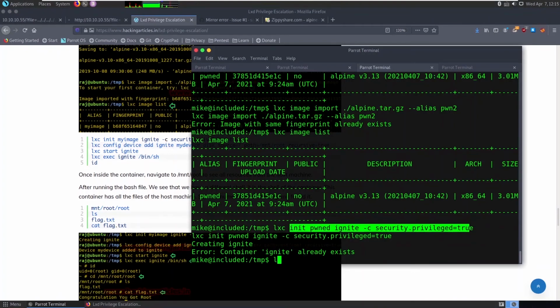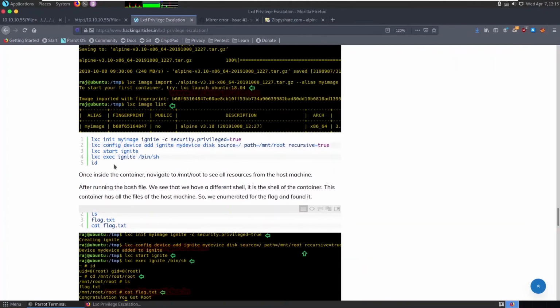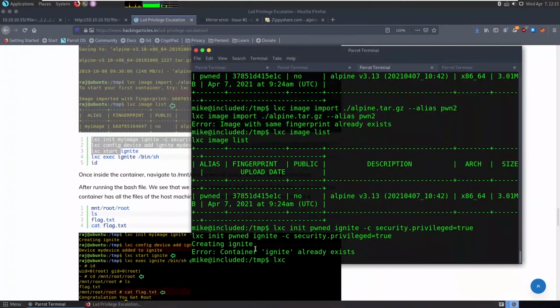Now we are going to mount this whole system's file system into our virtual environment, but we will become the root user. So we will mount it as a root user. You can say config device add.